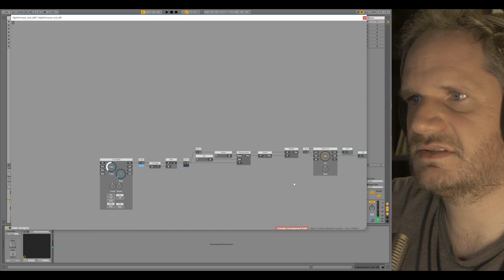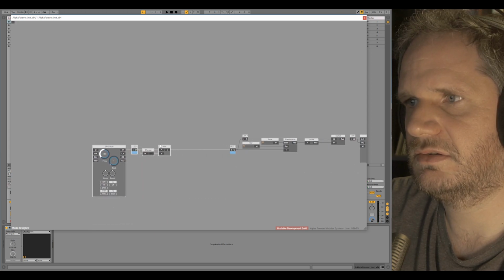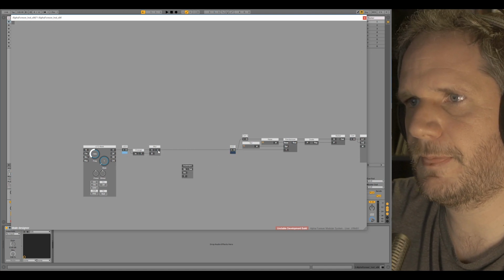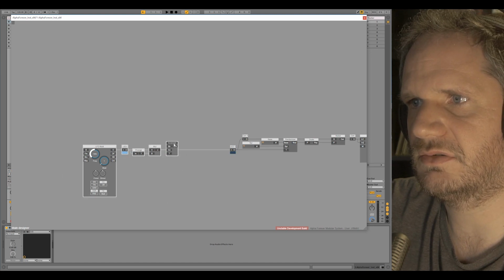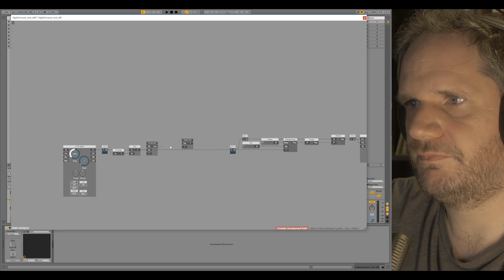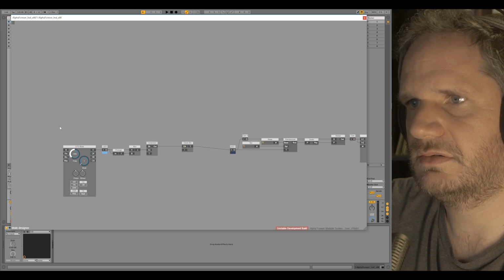Okay, I call this 16 notes, and we are going to insert a clock here, the incrementer, and whenever we have a trigger here, our incrementer will increment, which is nothing more than a clock. And then I insert a clock divider here